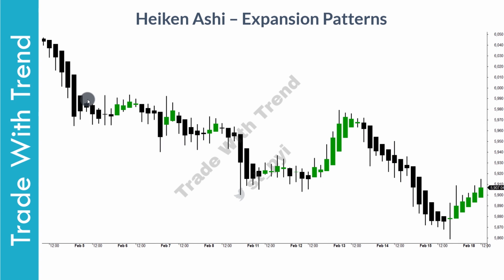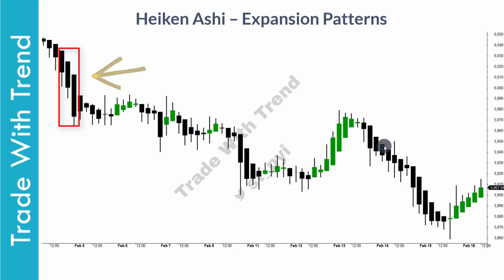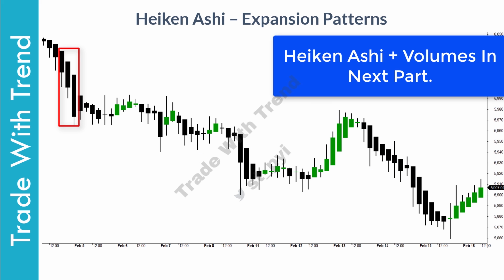Now in this chart, you do see expansion pattern playing out on the downside. These three candles that you see here complete the pattern, and from there on price struggles to move higher and consistently moves lower. If you look in this entire part, I have completely ignored volume and moving averages together. And this is mainly because I will be taking up combination of this in the subsequent part.